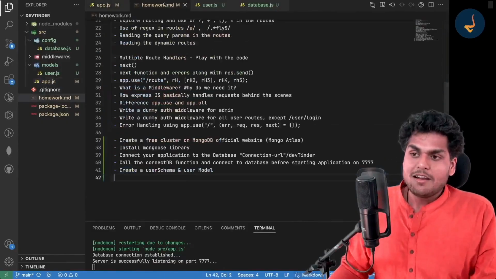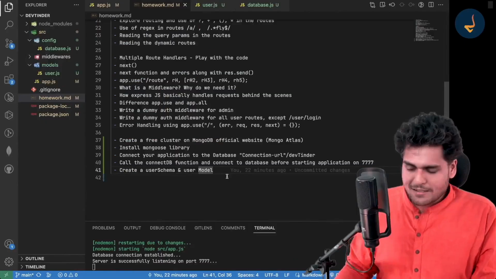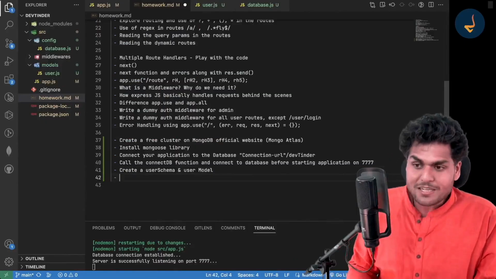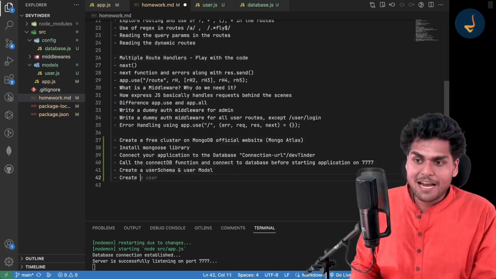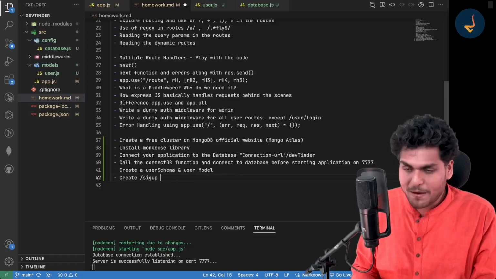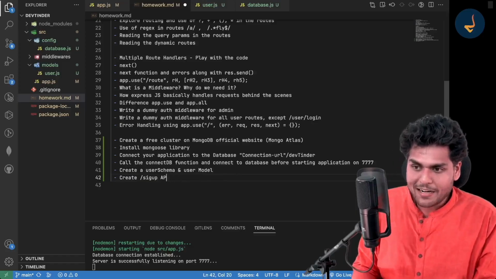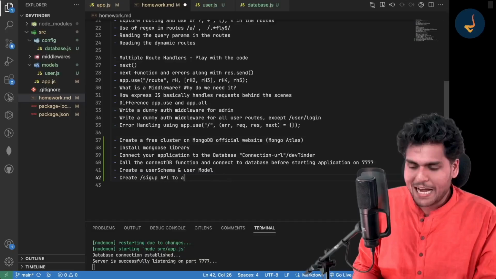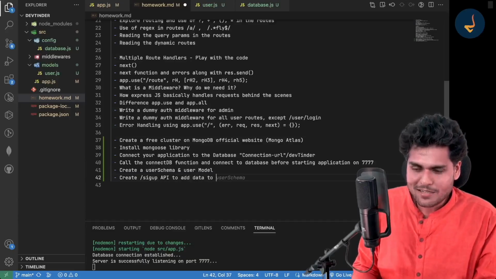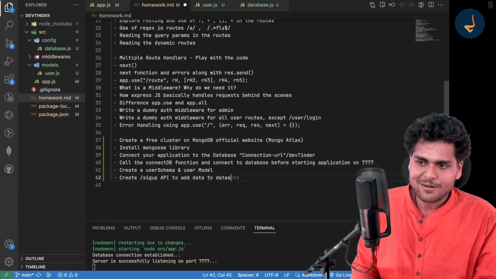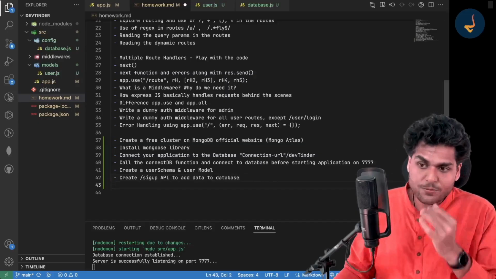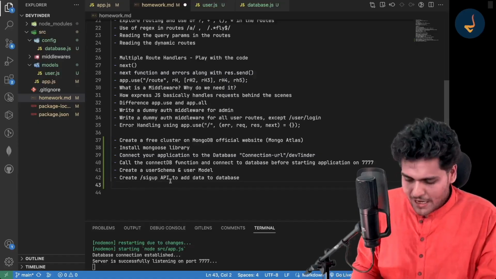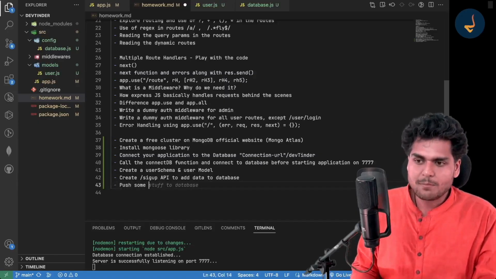And let me just add a few more things inside your homework, right? The first thing is, once you have created this user schema and user model, now I will have to create a /signup API to add data to the database, right? We have added the first database, and then push some documents